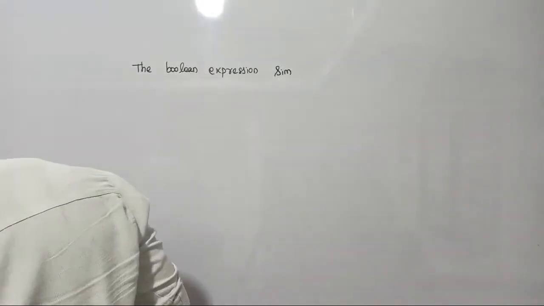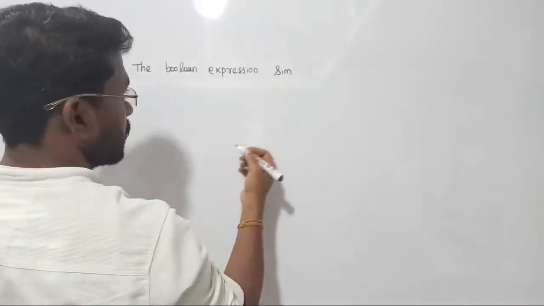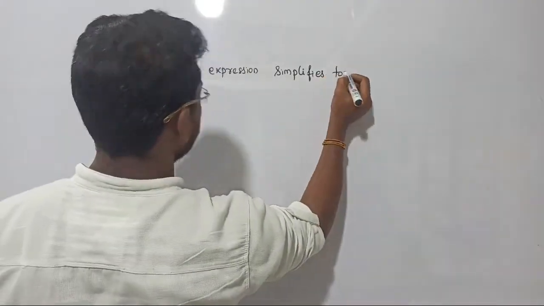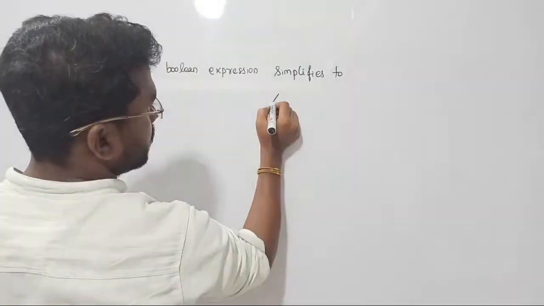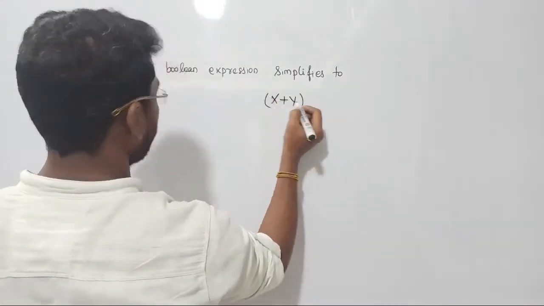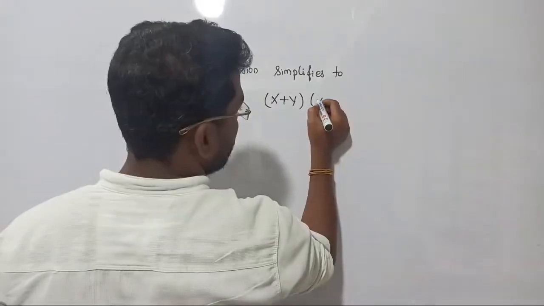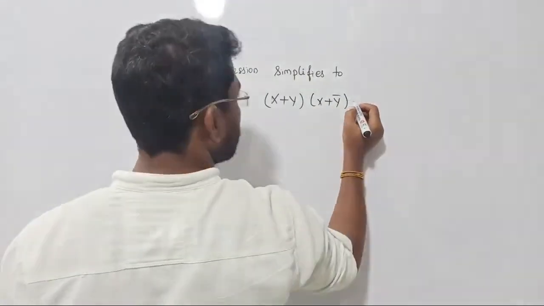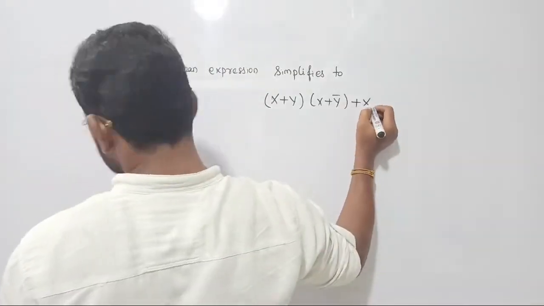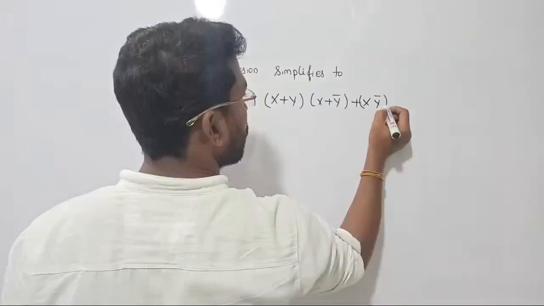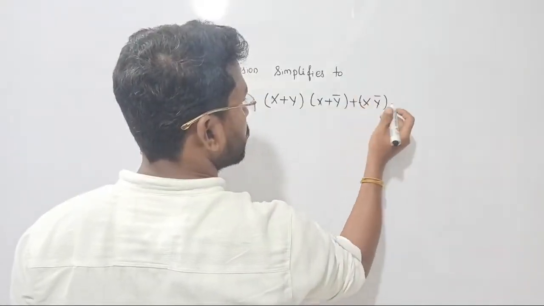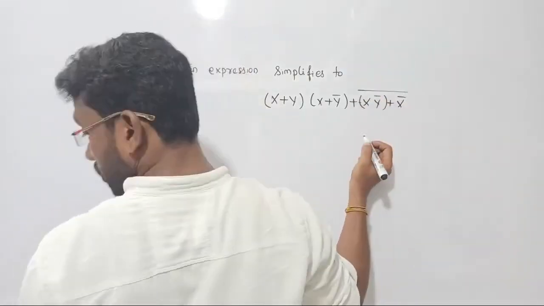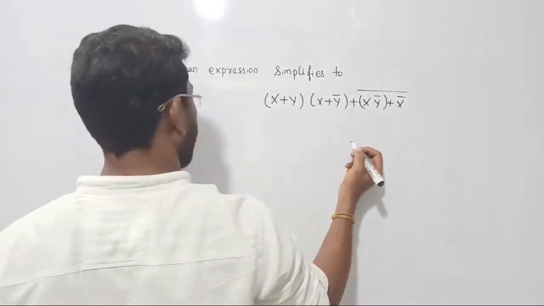Wait a minute. Okay, they had given the expressions, right? Anyway, let us complete this one. The Boolean expression simplifies to, right? So let me write the expression: X plus Y, X plus Y bar, X plus Y bar, plus X Y bar, X Y bar, plus X bar whole bar, plus X bar whole bar, right? And they are given 4